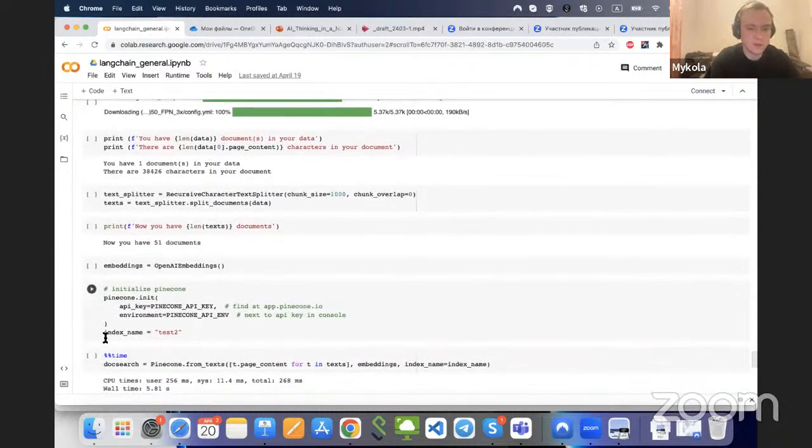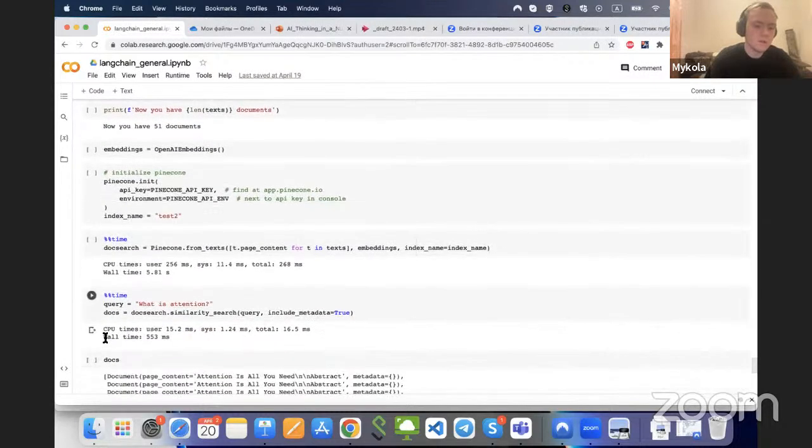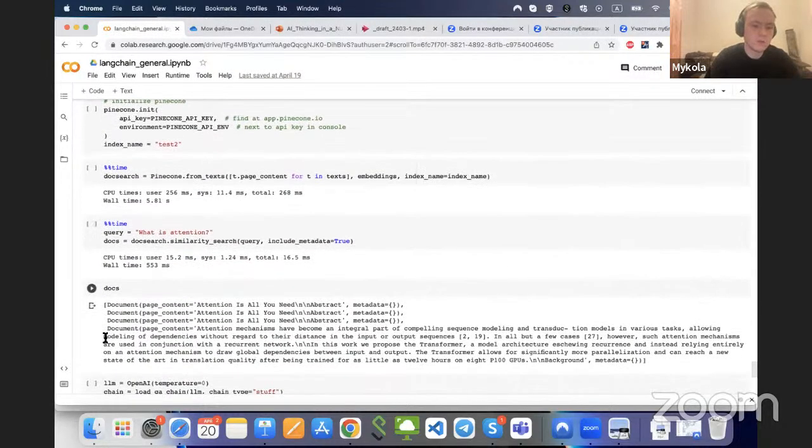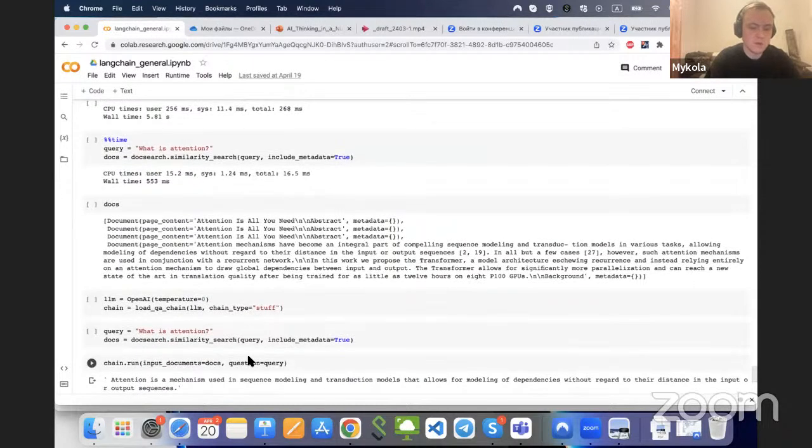Then we again create an embedding for each of these pages, upload them to Pinecone, and ask our question: what is attention? Firstly, Pinecone tells us in which document the answer to this question can be found, and then with the same